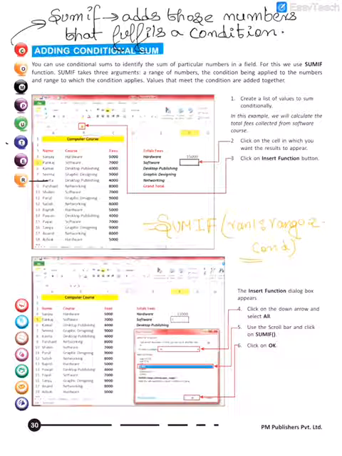Okay, so those numbers that fulfill any condition, what are they called? These are called SUMIF. All right.